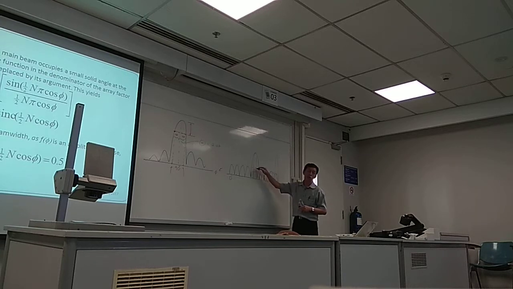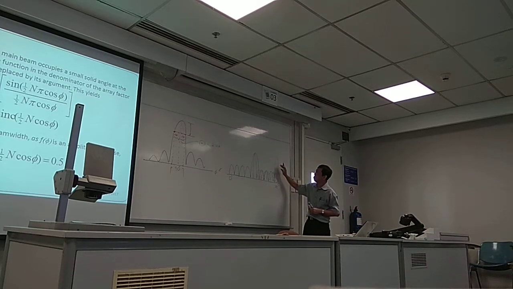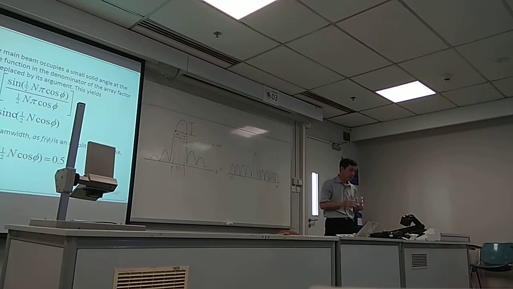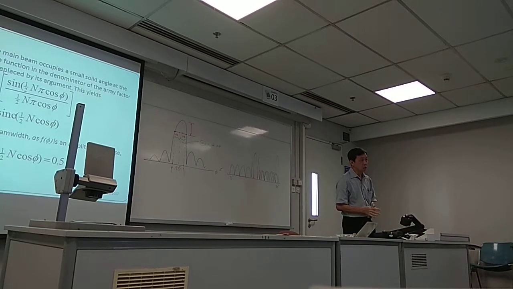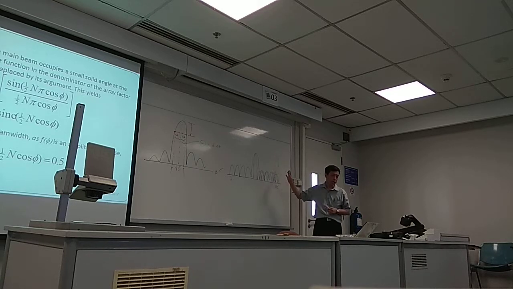And the side lobe may still maintain at a constant height. You follow? So you can see that as long as you don't hit a certain limit, it is possible to still maintain the side lobe without causing the grating lobe to appear. So that is a nice thing about